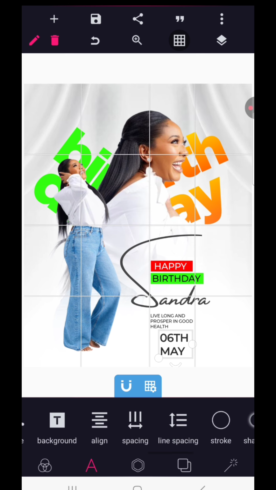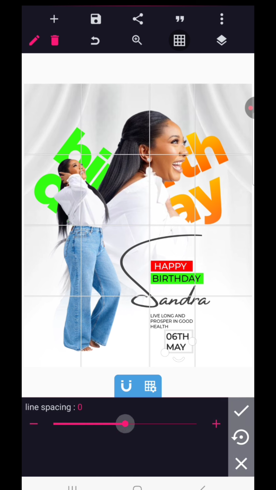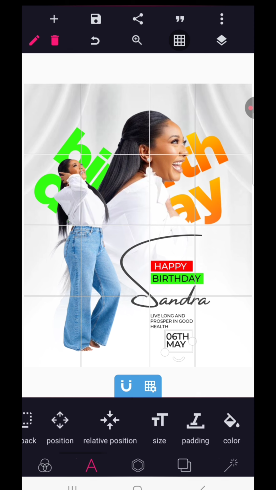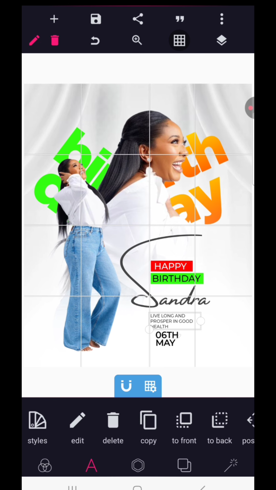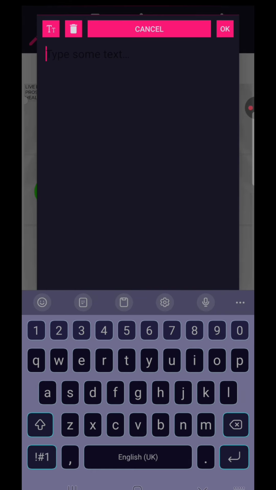So the line spacing is really vast. We can reduce the line spacing of that text. After doing that, you want to bring the text here and just position it here like so. So we're going to copy this text once again and write birthday blessings